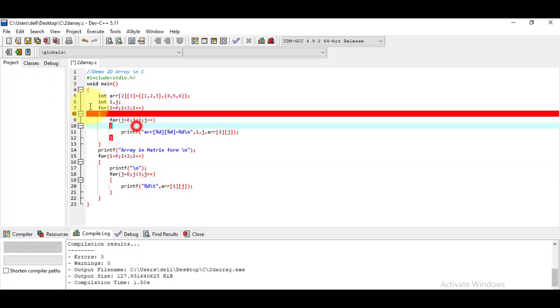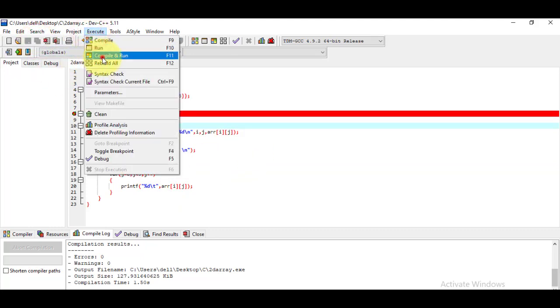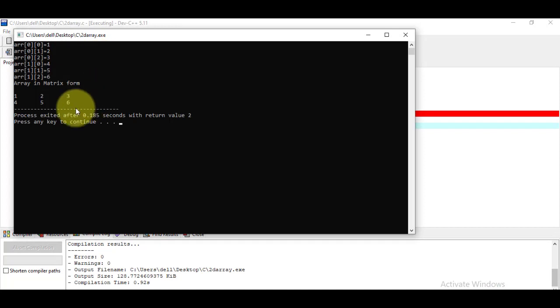So now save the program, and again go to the Execute menu, choose compile and run this time, and here we go, the result in matrix form.